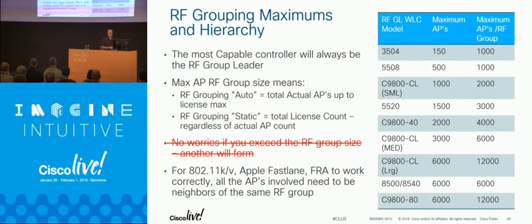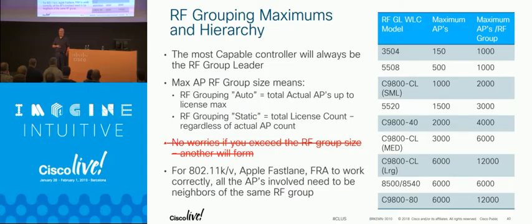There we go. The hierarchy is listed above. This is also in the RRM white paper. It used to be that the controller with the lowest error count and the highest MAC address would become the group leader. As controllers got bigger, it made more and more sense to put in a mechanism to say, you know what, the 8540 should probably be the boss of all the 3504s out there.